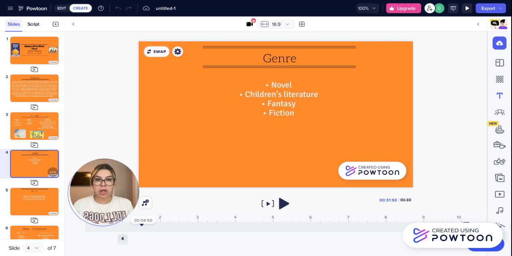So getting into the genre portion. We know that this is a novel because of its length and size. It would not be considered a picture book, although it does have visuals in it, it is considered a novel. And then also children's literature, and then obviously fantasy because we are talking about different creatures, and it is